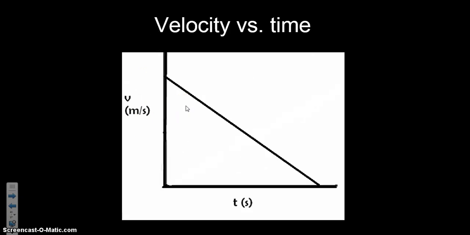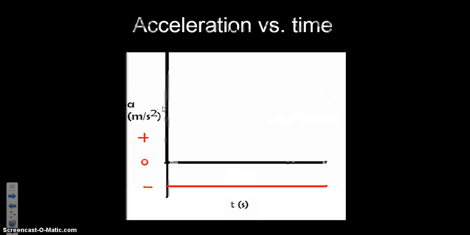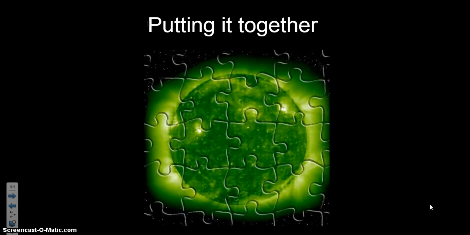So that was distance versus time. You can see that the velocity is slowing down when you look at the velocity versus time graph. And what happens to the acceleration? Well, it's not positive, it's not at zero. When you draw this, it needs to be below the zero line because when you're decelerating, your acceleration is negative.